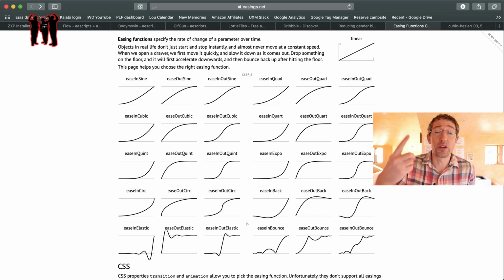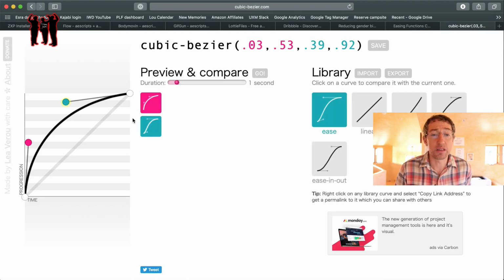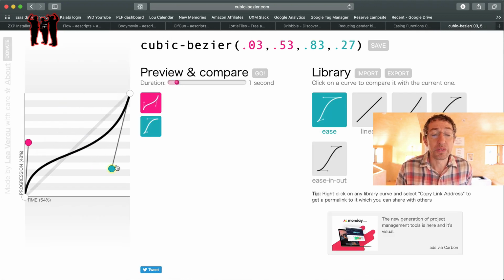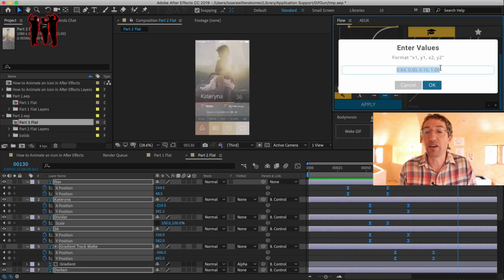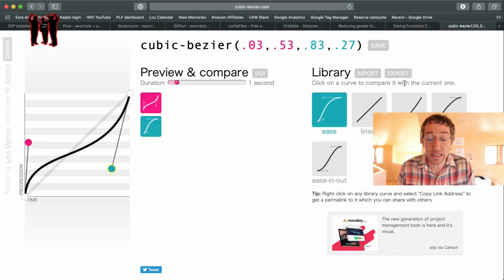But this is one. There's also easing for Google Material Motion. iOS has its own, and then you may want to design your own custom curves. So if you go to cubicbezier.com, you can drag out handles and you'll get these CSS values, which then plug into this Flow plugin. If you go over here and click, you can type these values in and it will change the shape of the curve. It's freaking amazing. So all of this translates, and you're creating what I call engineering-friendly velocity curves,